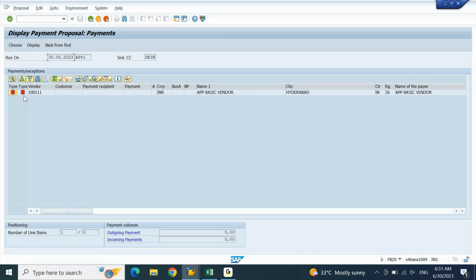Now according to our parameter, what we have given is company code DEIN. This invoice belongs to company code DEIN. Parameter number 1 is working. Parameter number 2, you have given posting date is fine. Document entered up to, that is also fine. Second criteria you have given is payment method. Payment method you have given 5. If you look at this invoice, if you keep moving right side,